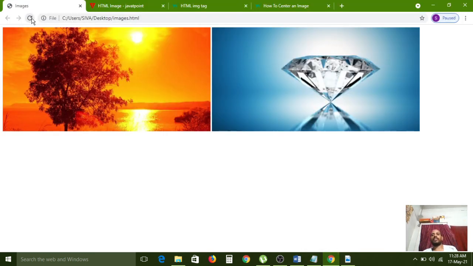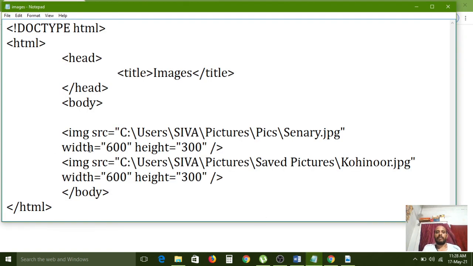All of you carefully observe, two images are displaying side by side now. If you want to display a number of images like this, then you can simply use the number of image tags. Understand? Here 2 image tags I am using. If you have more than 2, then you can apply more than 2 times. Okay? But if you give fixed size images, then it will display in the proper way.